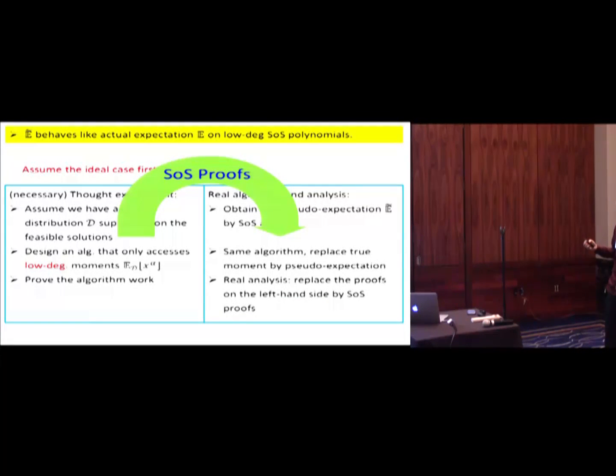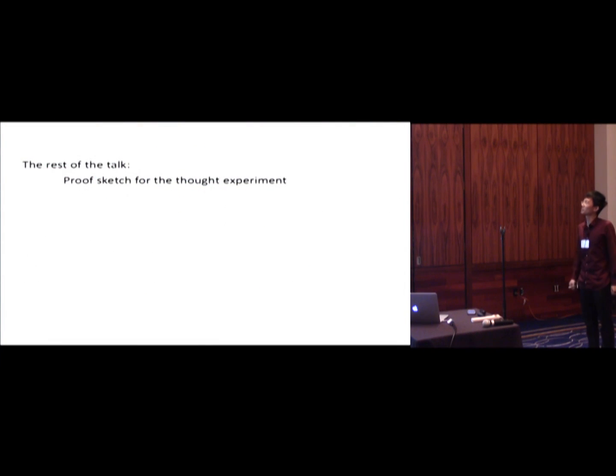And then the next thing to do is the sum of squares proof, which could be pretty complicated, pretty technical, but you have some guidance because you have already got a real proof, and you just want to translate it into an alternative proof, which could be complicated, but it's relatively slightly easier, I guess.